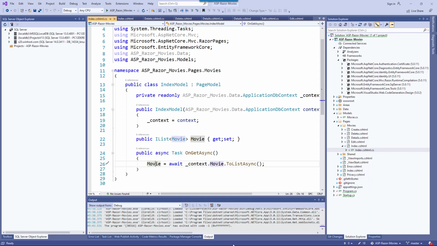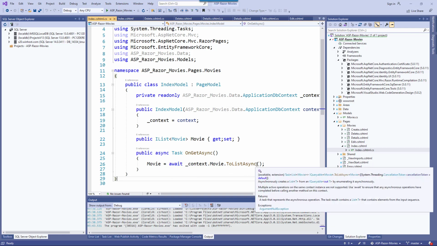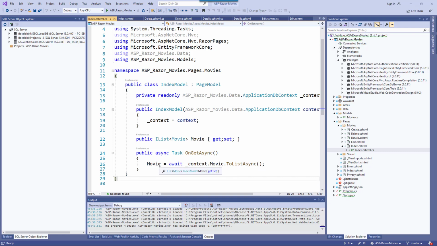And unfortunately, Microsoft deviated from their previous naming convention. This should be movies, in my view, because there's more than one movie there. This isn't a single movie, this is a list of movies. I don't understand why Microsoft have made it a singular noun. It should be a plural noun. But essentially that's getting a list of movies and passing them into the page, or the view,